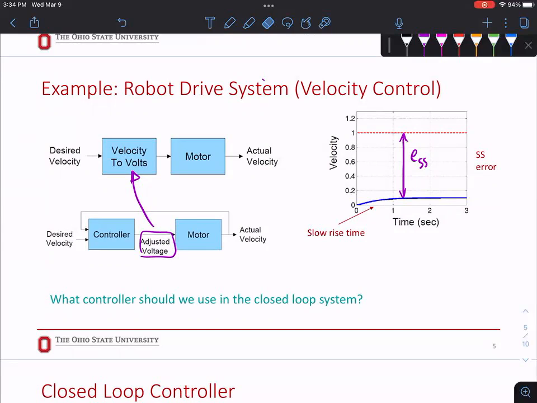The other what? The pole? So it wasn't a specific one, right? At the origin, what do we call them? We added an integrator, right? 1 over s. So in a PID controller, what term is related to integration? The integrator part, the I, right? So we know that our controller has to have I in it to be able to get rid of that